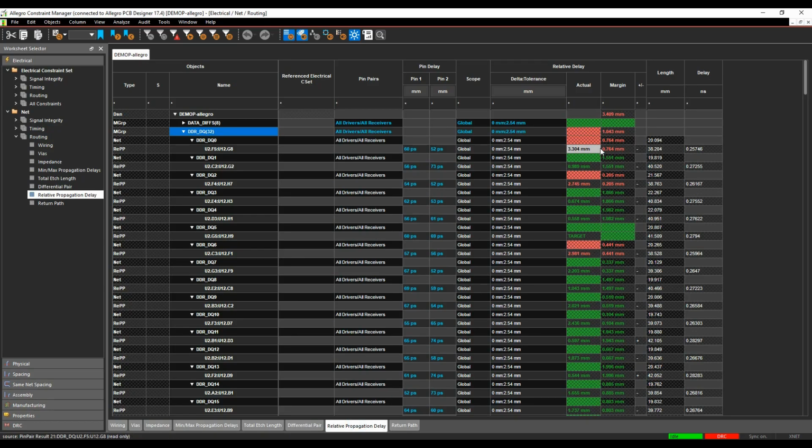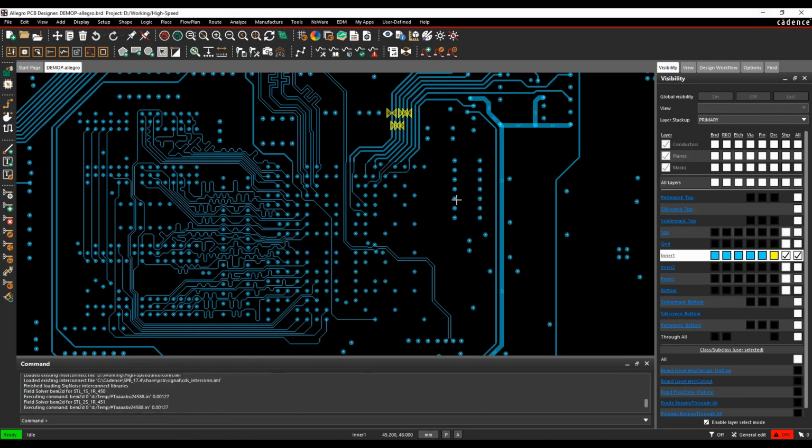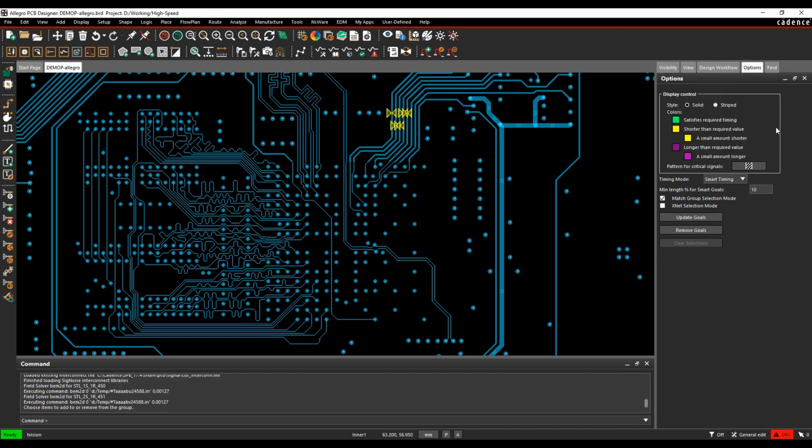So you can see I've got some reds and greens, and what I want to do is go and delay tune these quickly. Now I can have Constraint Manager open and try and cross-reference it and work on the ones that I need to using the DRC system, but by using the timing vision, what this does is physically color the etch lines or the tracks to meet the constraints that I've got. So if I go to the route and timing vision command, and then we look at our options pane,